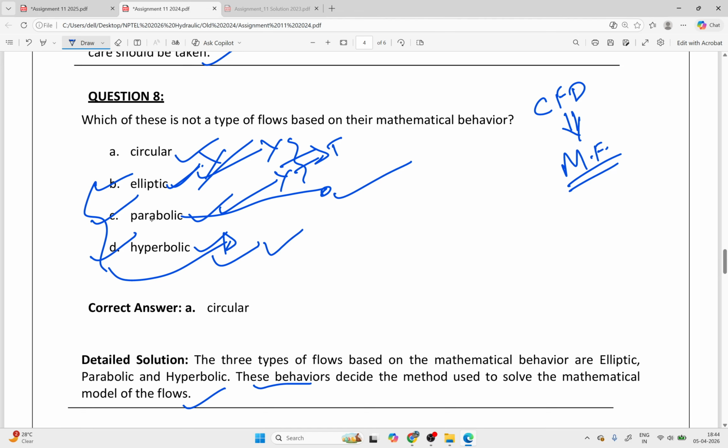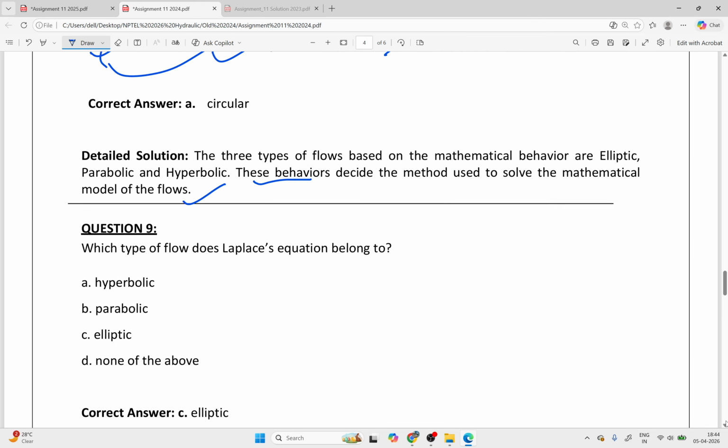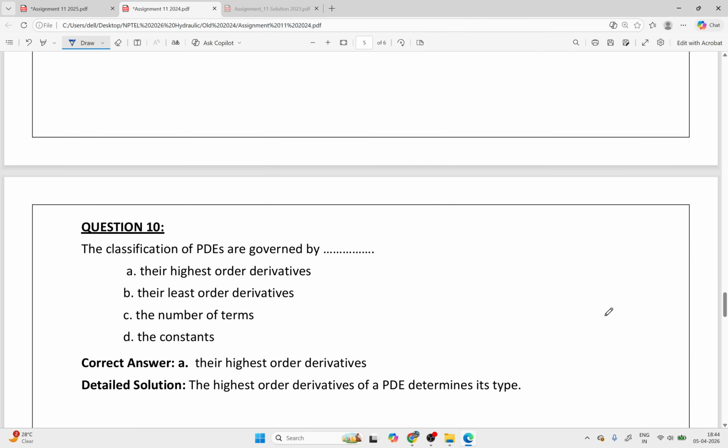This is a very simple check, b squared minus 4ac. And is b squared minus 4ac greater than or equal to 0? That kind of thing. I am not able to recall very clearly, so you have to check these. You can Google how to check whether your partial differential equation is elliptical, parabolic or hyperbolic. Definitely the formulas are there.